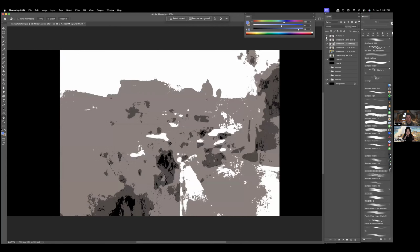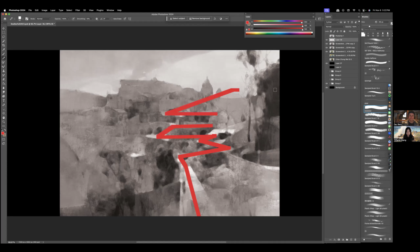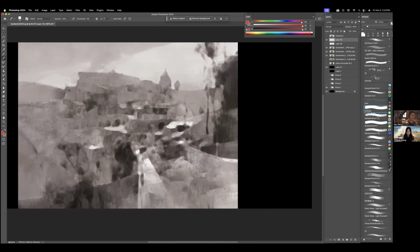What drew me to this piece was this pathway of light. Everything draws you to where you're supposed to look. Everything else is pretty much one simple value. There's a few darks that bounce your eye through the piece, but it's middle gray. It's a very simple value structure. If you were going to really simplify this,